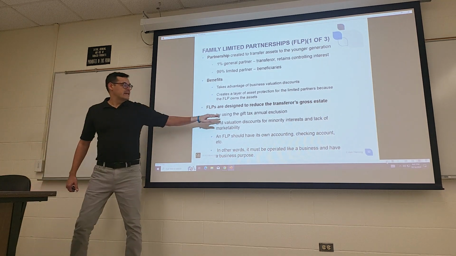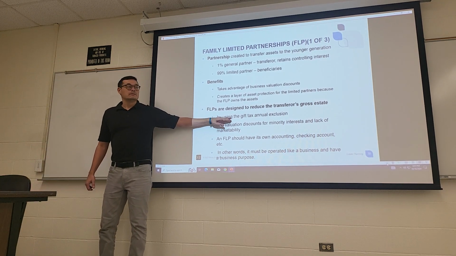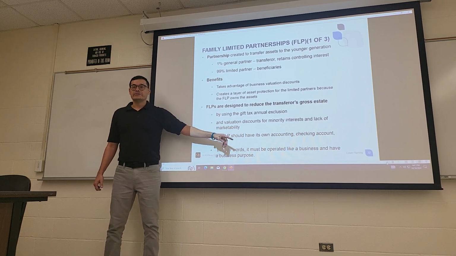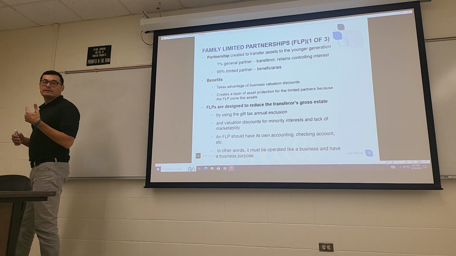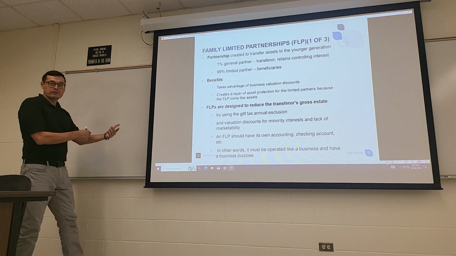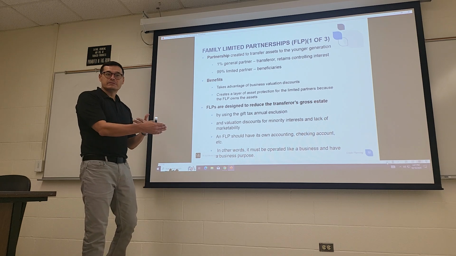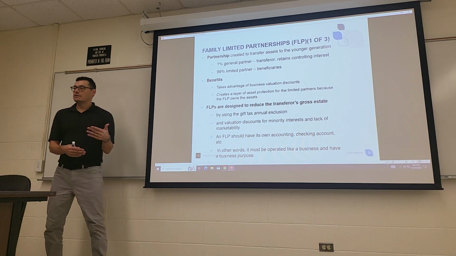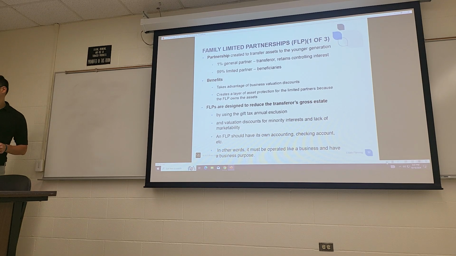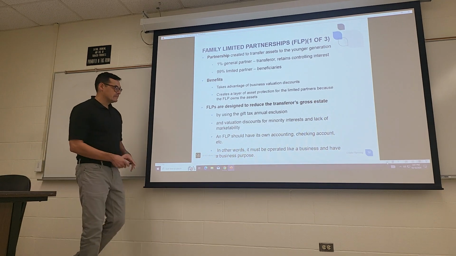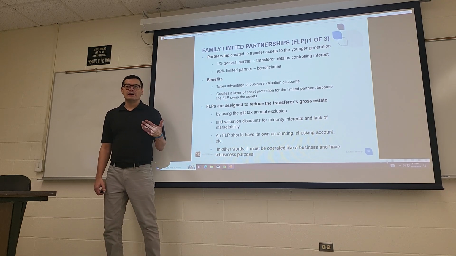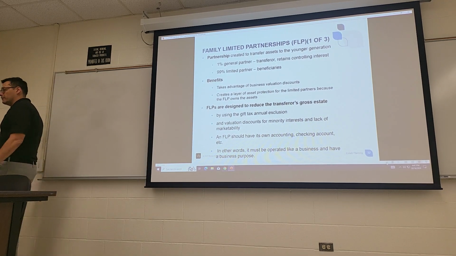We want to use the gift tax annual exclusion to transfer these shares to our beneficiaries over a period of time. That's the idea here. So now we get to transfer, it's a qualified transfer now. So we get no gift tax, we're removing this value, this appreciated property, out of our estate. It's what they call a family limited partnership. Now, it has to be a business and be operated as a business. You can't just make something up and call it a family limited partnership.